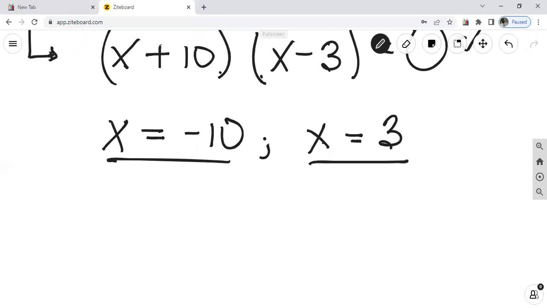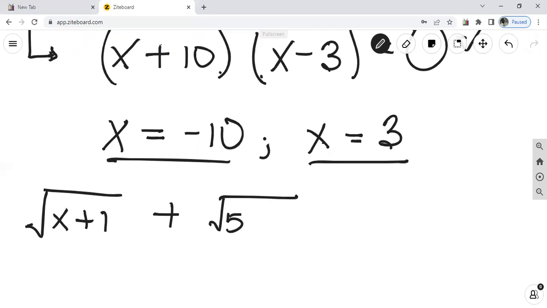So let's consider the problem again. The problem is the square root of x plus 1 plus the square root of 5x plus 1 is equal to